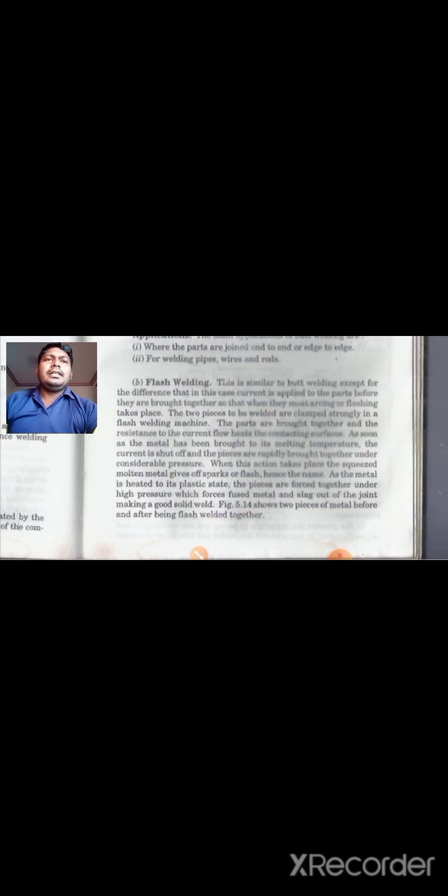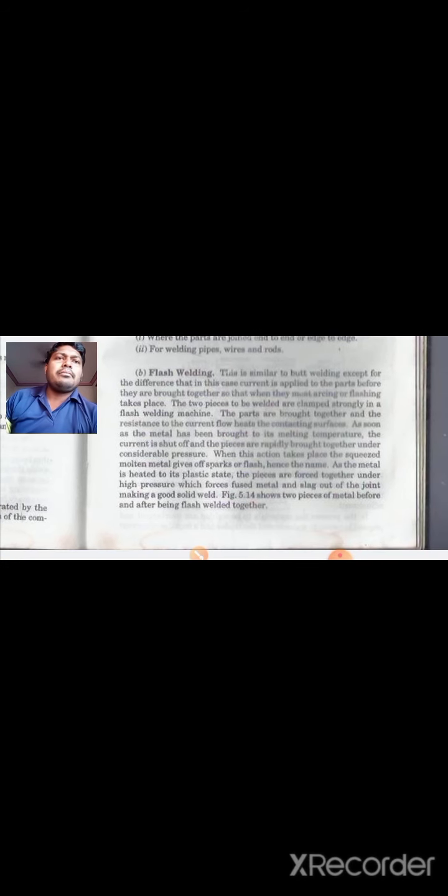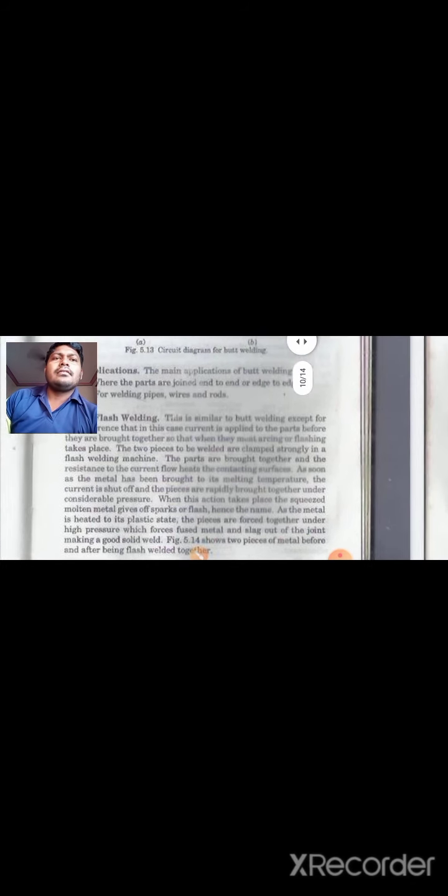So for flash welding there is also a diagram given. Figure 5.13 shows two pieces of metal before and after being flash welded together. So you will find this kind of diagram, which has been shown before the joint and after the joint has been made. The application of this method of welding is that it is used extensively